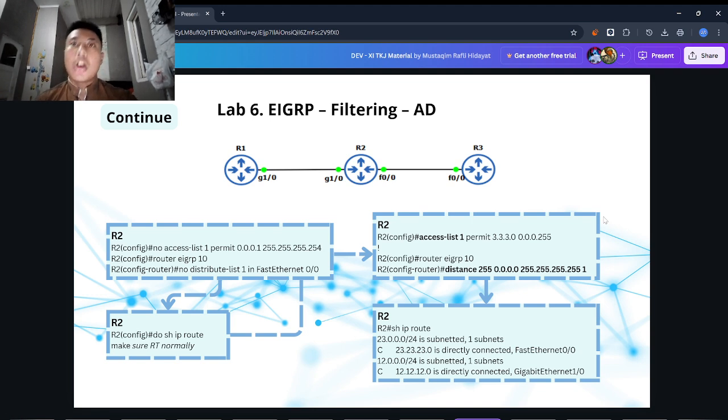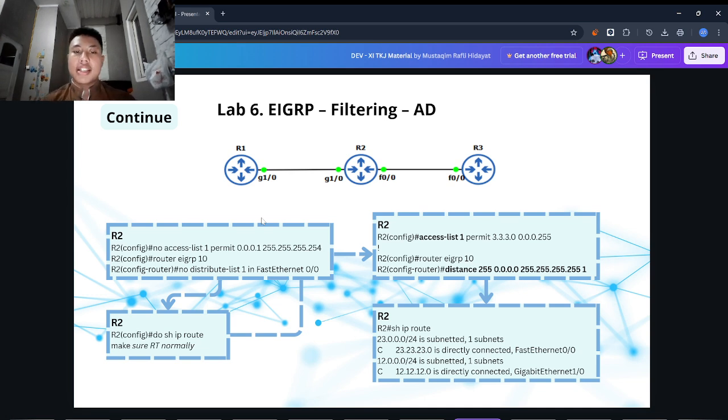Without filtering, all routers learn each other's networks normally via EIGRP. Each router will install the EIGRP learned routes into its routing table because EIGRP has an AD value of 90.